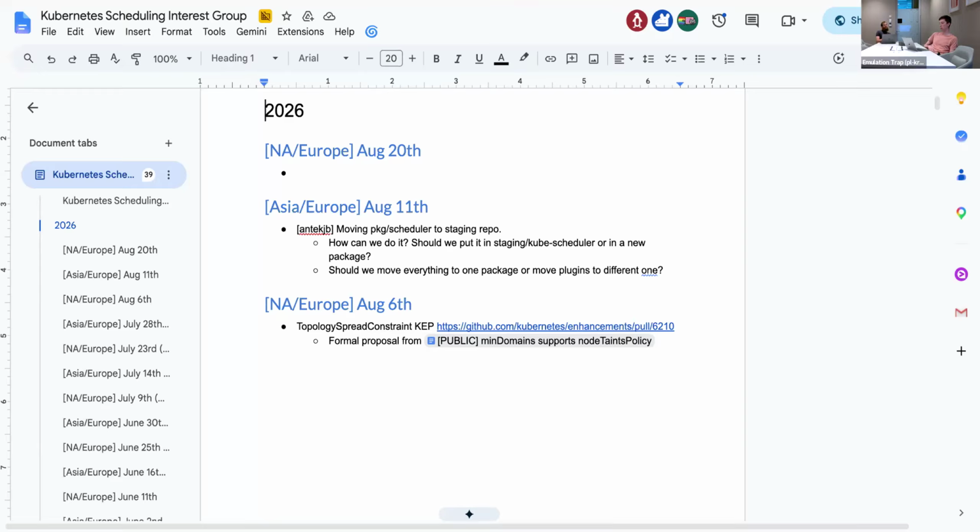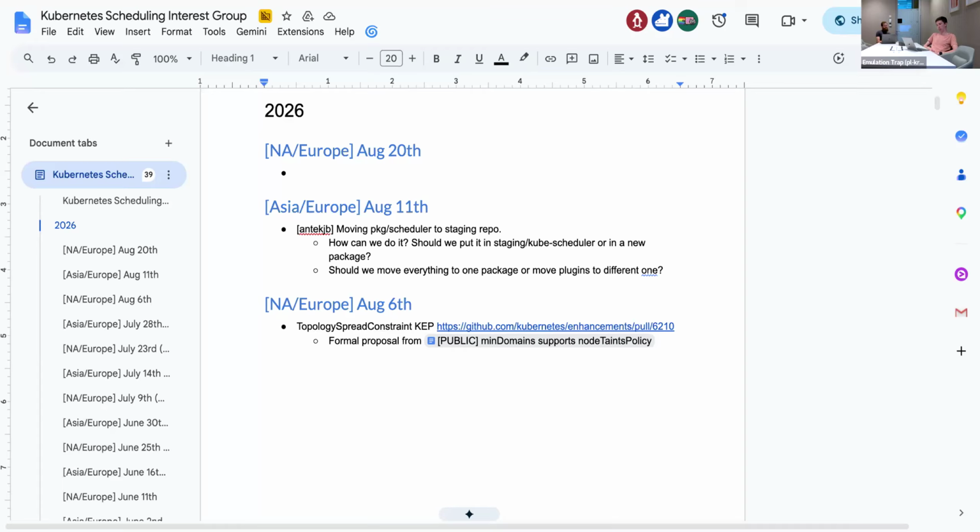But moving everything at once, I would say, would probably require holding merging of all PRs to package scheduler for like 2 or 3 days, because we would like to avoid rebasing this huge PR with every PR every day, right? So we probably would need to hold everything.